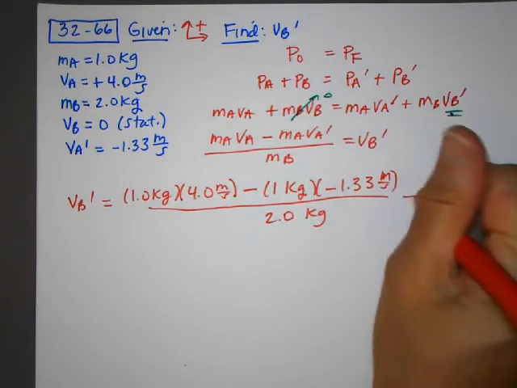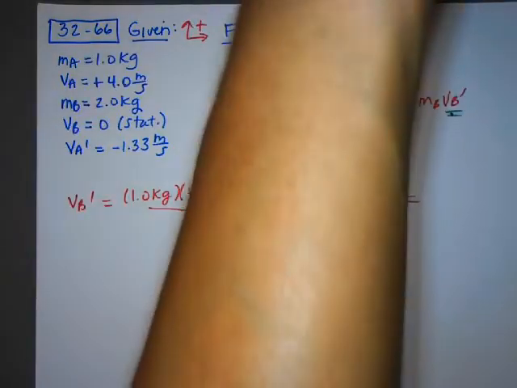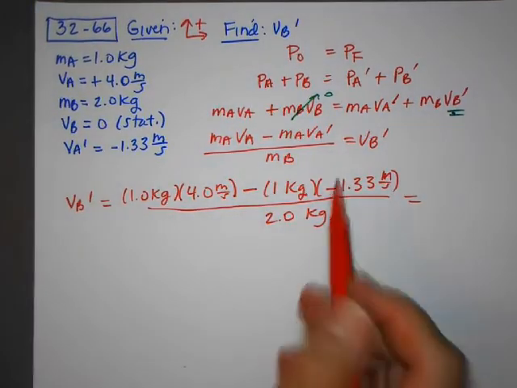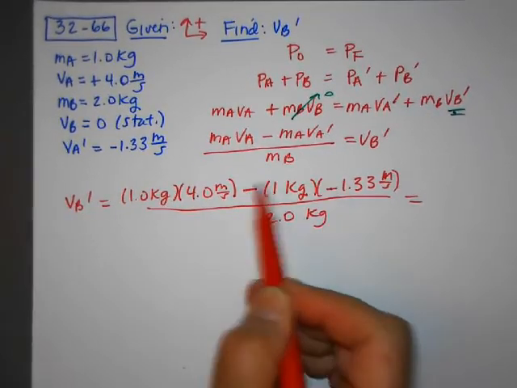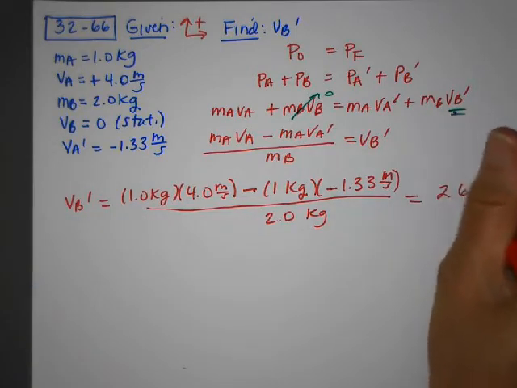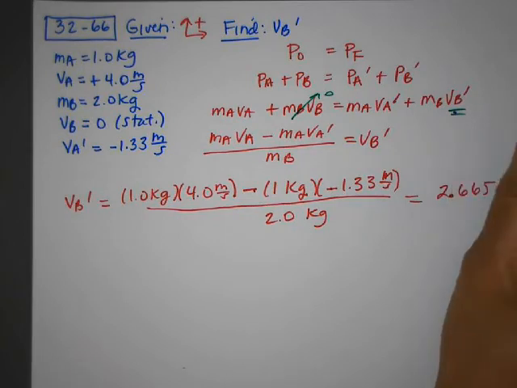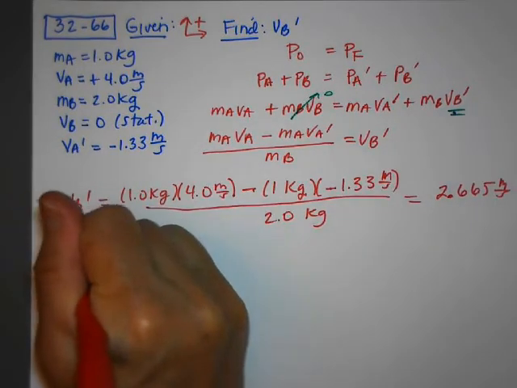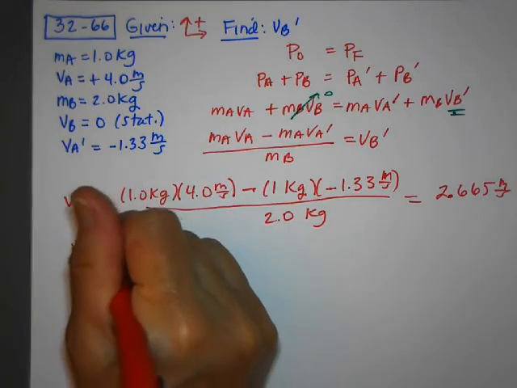When I do this in my calculator, I have to be careful because of the negative, and that's where people make a mistake. So we have 4 plus 1.33, divided by 2, which gives 2.665, and we'll just say that VB prime is equal to